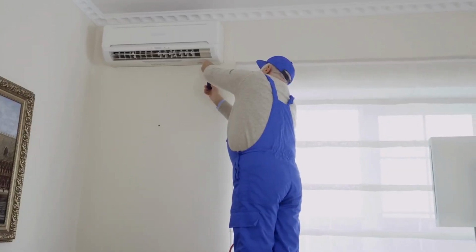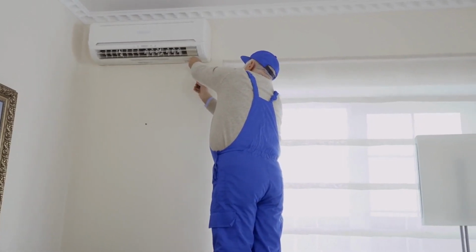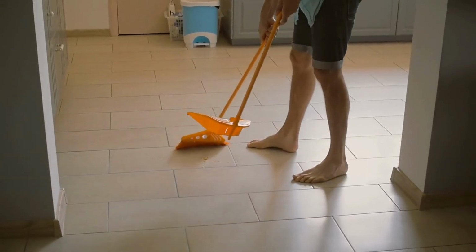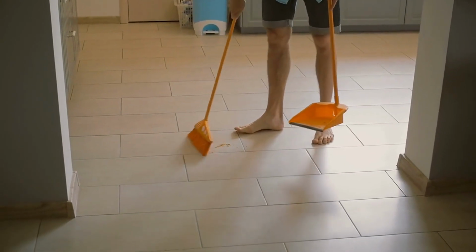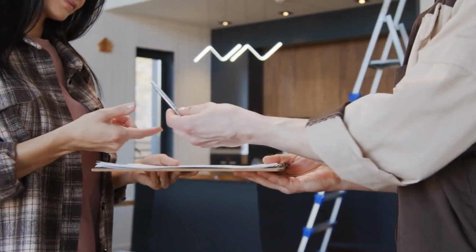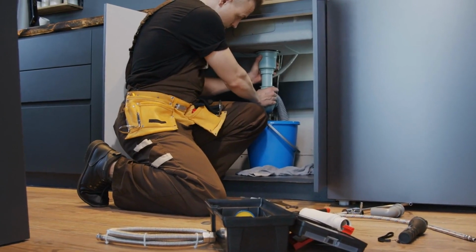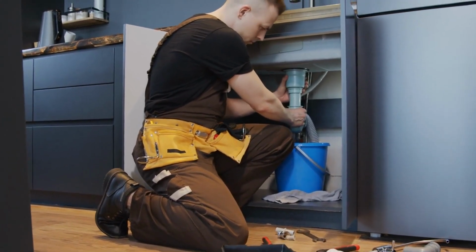Firstly, it's essential to establish clear communication channels for tenants to submit maintenance requests. Whether it's through an online portal, email, or phone, providing multiple options ensures accessibility for all tenants and encourages timely reporting of issues. Once a maintenance request is received, our team promptly acknowledges receipt and assesses the urgency of the issue. Urgent matters, such as a plumbing leak or heating malfunction, are prioritized and addressed immediately to prevent further damage